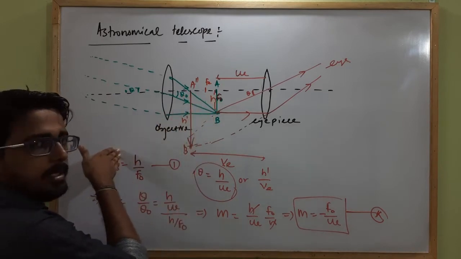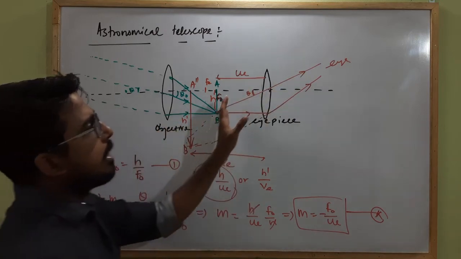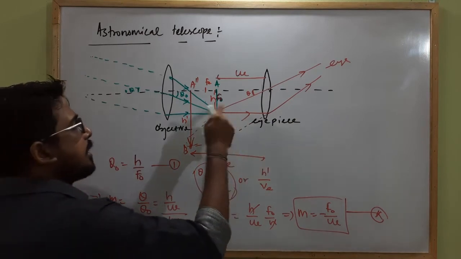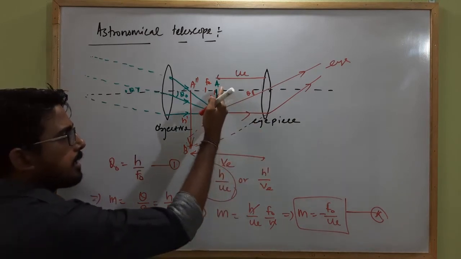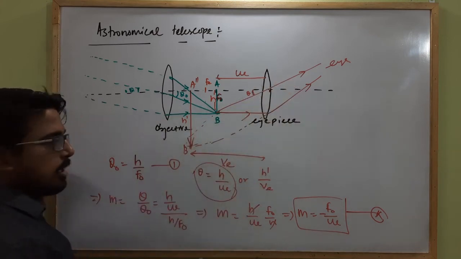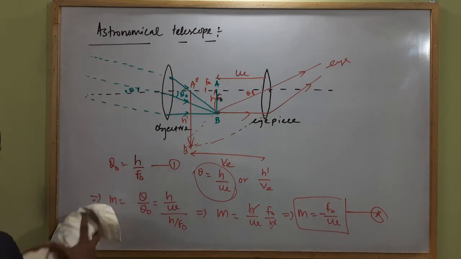As the final image is at infinity, the rays will be parallel and will reach the retina of the eye easily, so that we can get the image of the object AB simply, or the eye will be in relaxed position. That's why for normal adjustment I can write